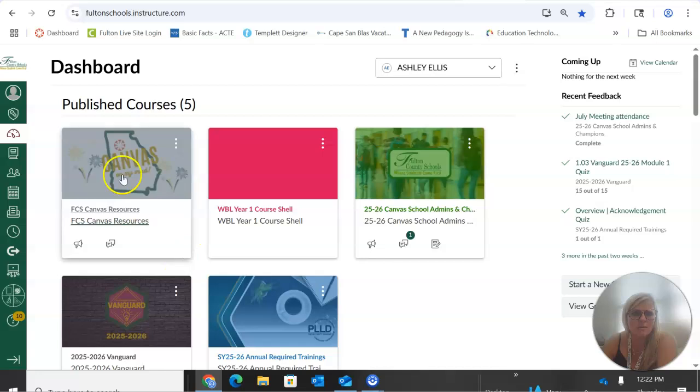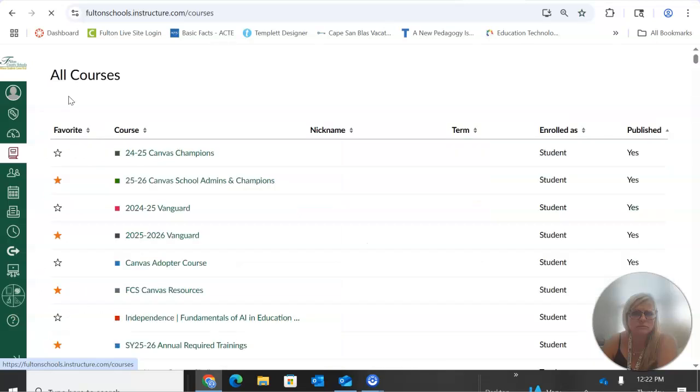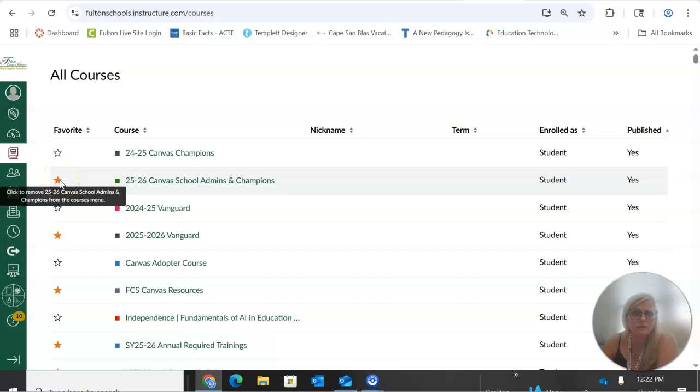but if you need to bring some of them down and move some up, what you want to do is to go to your navigation tools on the left-hand side. You're going to click where it has the book, which is going to be courses. And let's go ahead and click on all courses. All right, what you have in all courses, anything that has a star